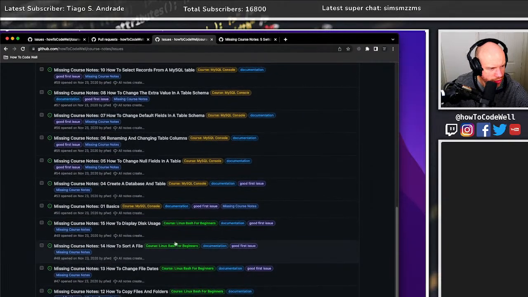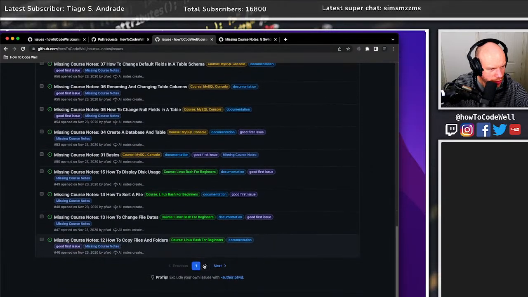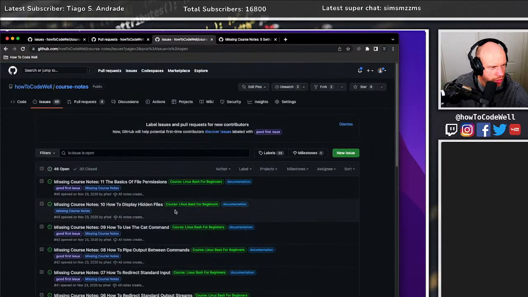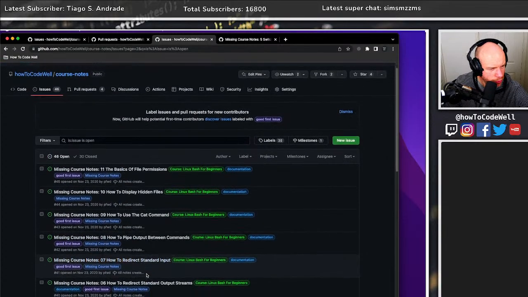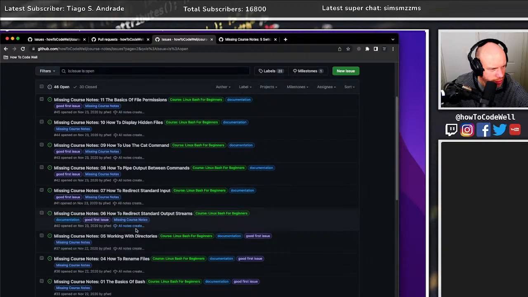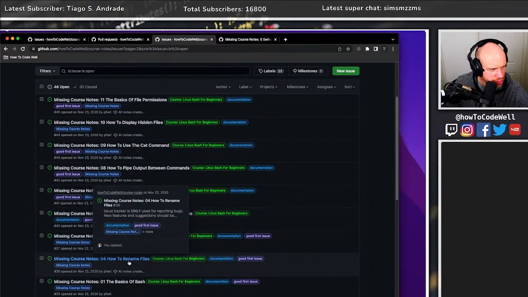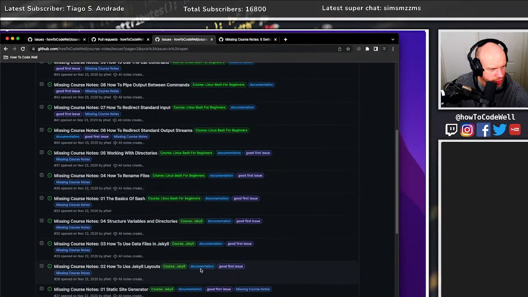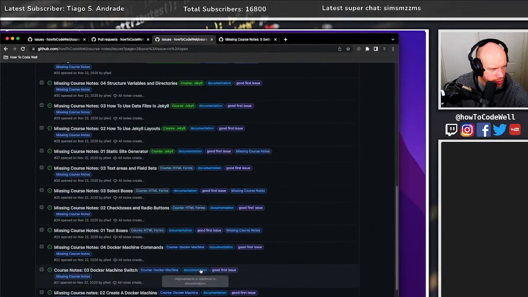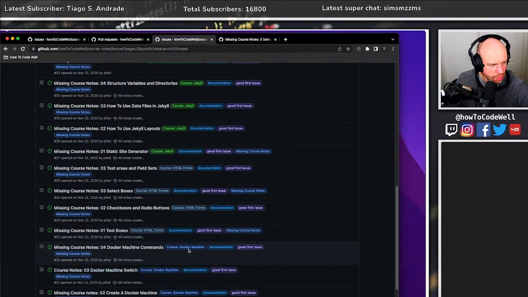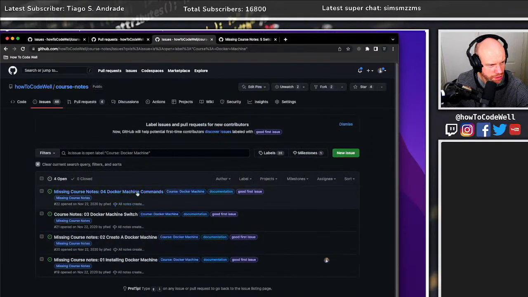Sorting of a file. This is all now into the Linux world. And then more Linuxy stuff. Working with directories, how to rename files, and then more Docker machine stuff. The Docker machine course stuff, this lot relates to